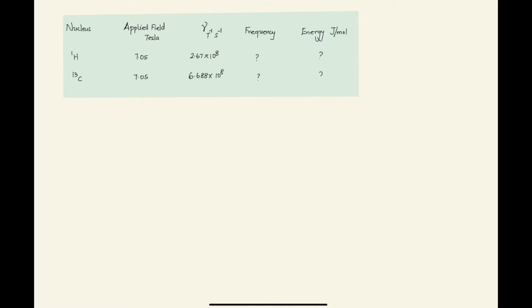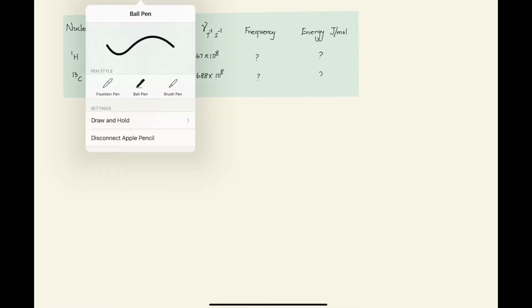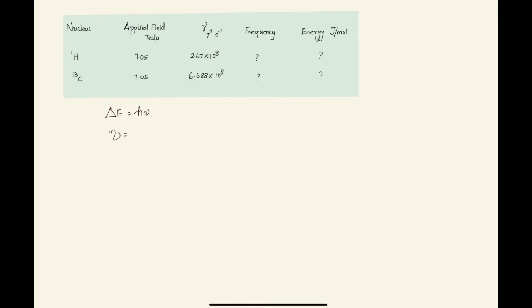Okay, so let's write down first all the different formulas that we might be needing for this problem. To begin with, a very famous energy and frequency relationship, which is delta E equals h nu. And we already know that this nu is nothing but the frequency, right? So this nu can also be written as nu equals gyromagnetic ratio divided by 2 pi times magnetic field strength. Okay, and apart from that, we also need to know the value for Planck's constant, which is